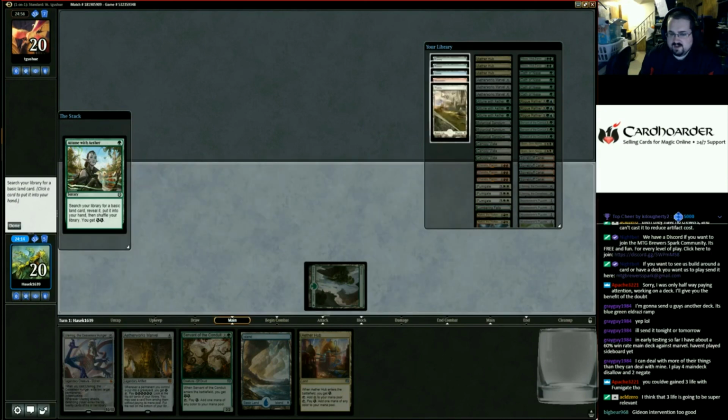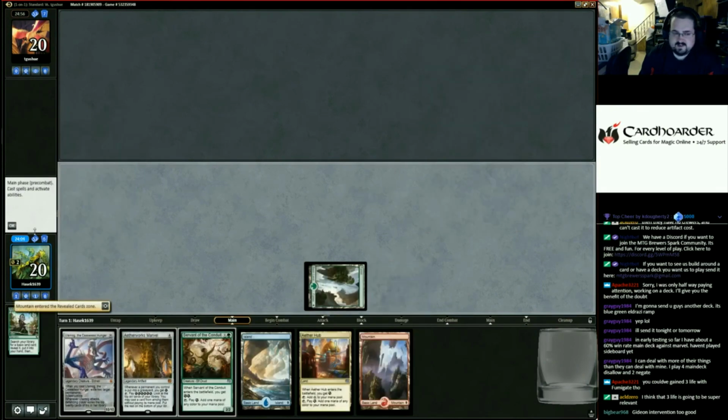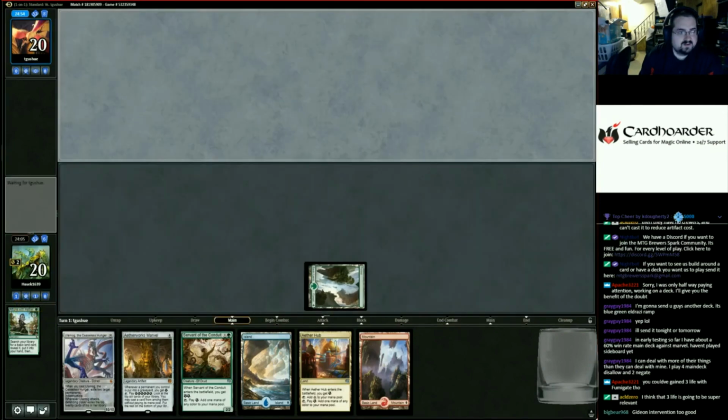What do we need? I think we just get a red source, maybe? Make him think we're Temur. Yep, that's my thought process. Yeah, so I'm gonna have...